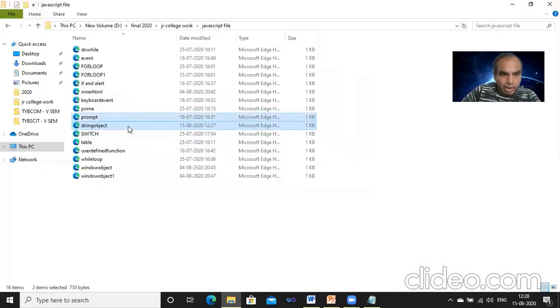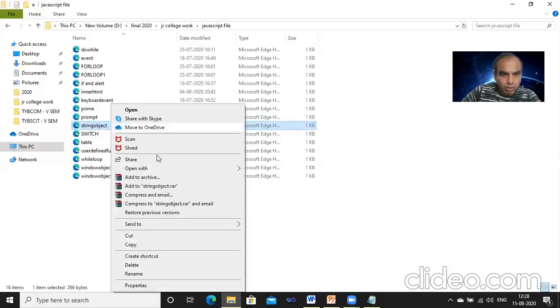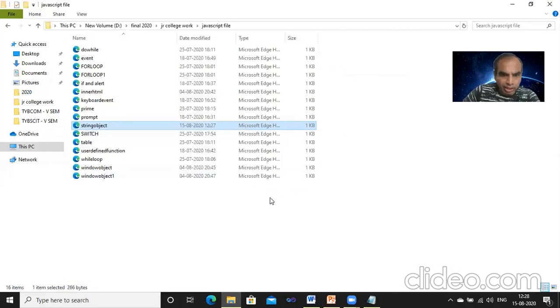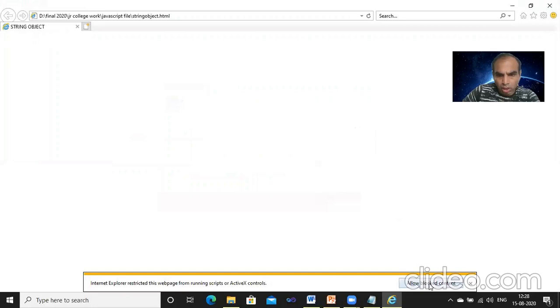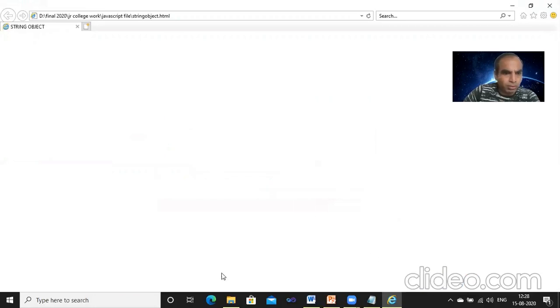Let's see again, right click, open with Internet Explorer. Maybe it will not happen. Allow blocked content. It is JavaScript code.